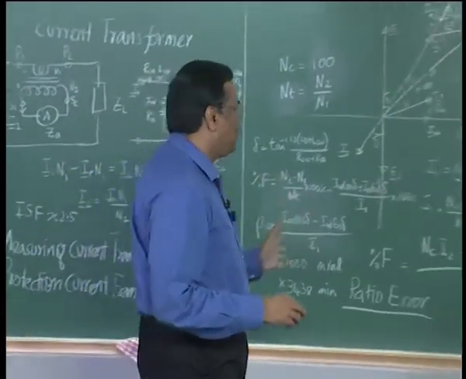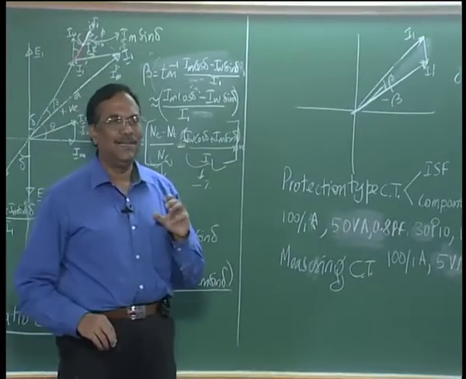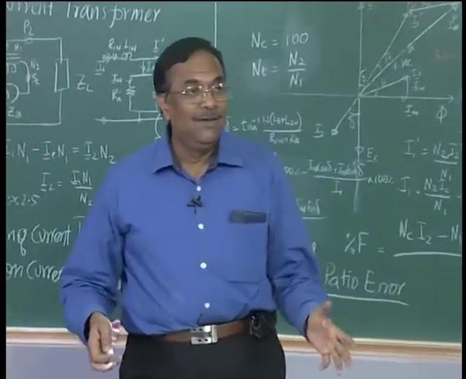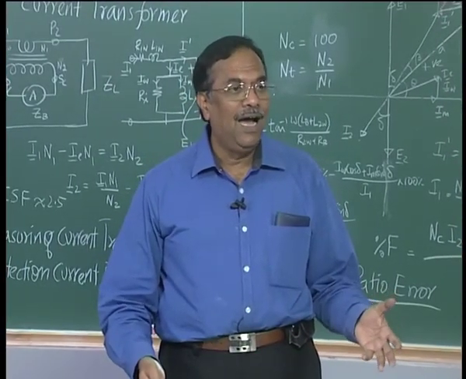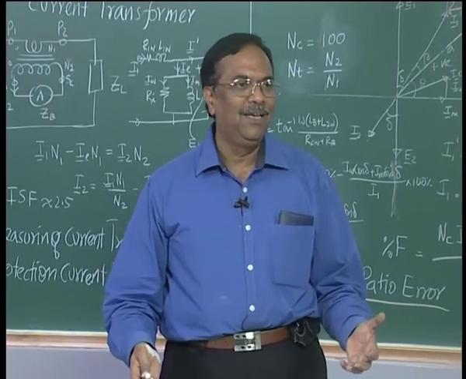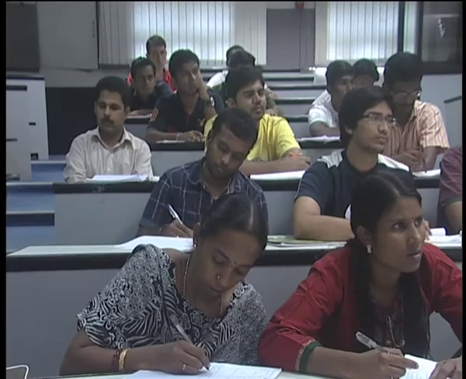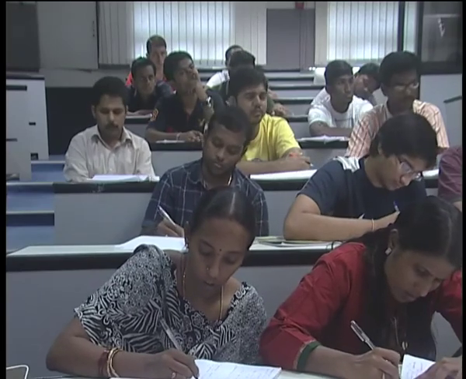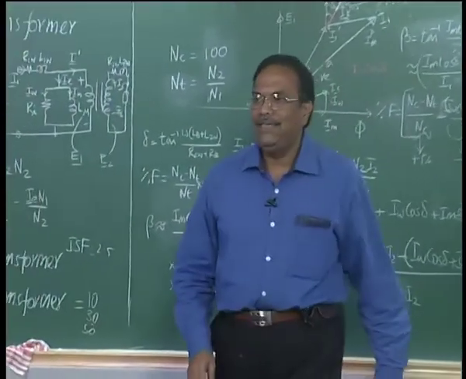In a measuring current transformer we will have only meters, data acquisition systems, small burden, right. In a protection current transformer, why is he using that protection current transformer? When there is a fault, I want to switch off. What will I connect to a protection current transformer? I will connect a relay, right, and relays need power to operate, right. They have to really move large contactors, right, and we need a certain amount of power. Power is nothing but watts or volt amperes, right. So in general a protection type current transformer will have higher volt ampere rating than the measuring current transformer.